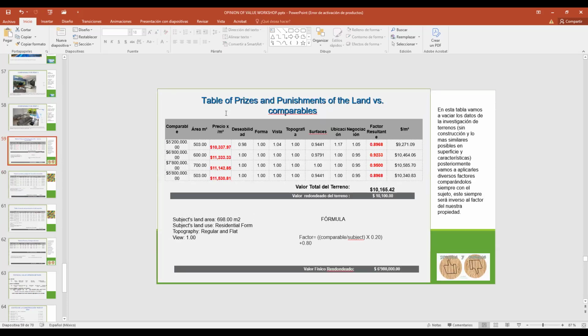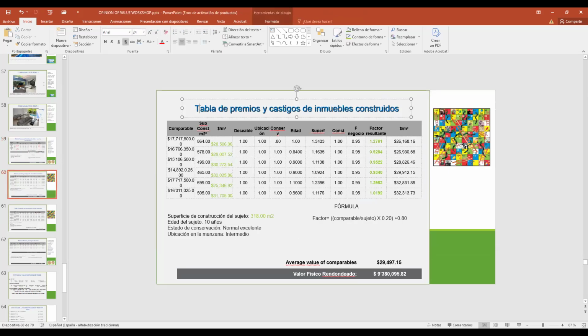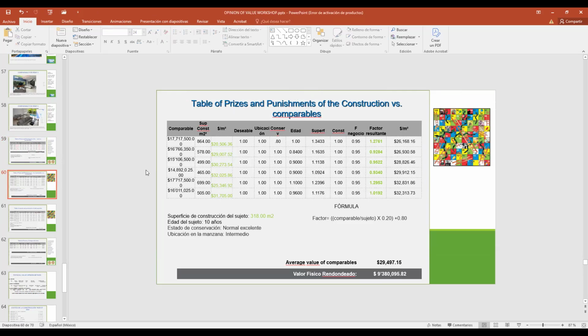Here was the table of prices and punishments of the land versus comparables. And this is the table of prices and punishments of the constructions versus comparables.